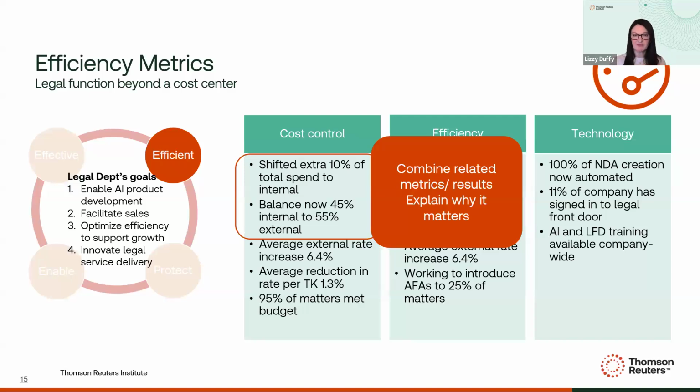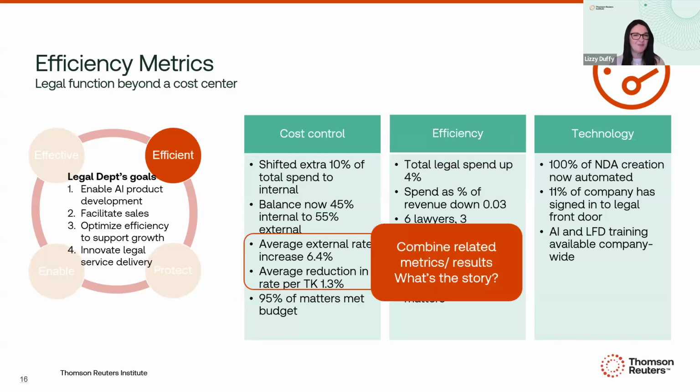So we're including this result on our metrics page, but we can combine these two, and we need to give a bit more context. So rather than having those 2 pieces broken out separately, let's combine it and state it as, we targeted 40 to 60% of total spend being allocated internally, in line with our best practice for efficiency around legal spend, and that's now achieved. Or you could even condense that further to say we've hit our optimum efficiency target, and give the numbers. But let's look at how we can package those together.